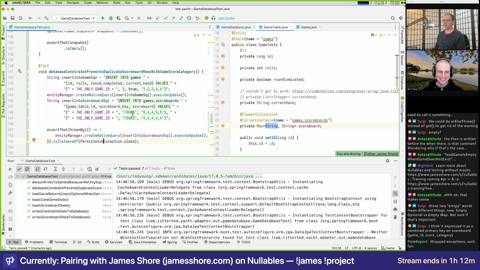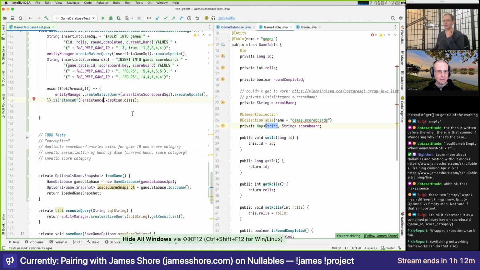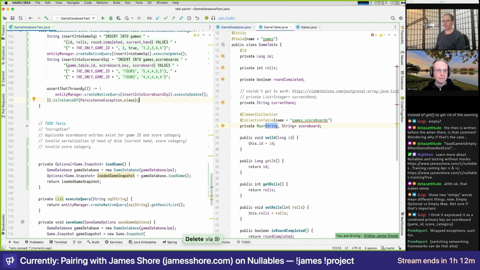All right. So I think all we really need to do is test the case where we've got bad data, like poorly serialized data. The only other thing I could think of is if a number was out of range for rolls. I don't know if you would attach a constraint like must be between 0 and 2.